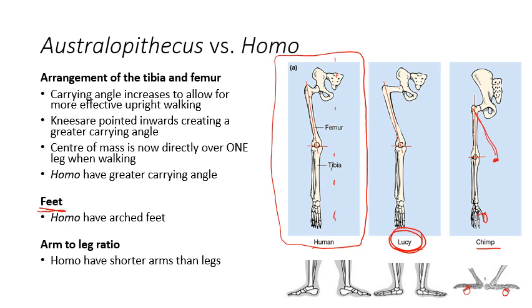But as we progress through hominins, moving from Australopithecus to Homo, we actually see that the genus Homo develops the arch in their foot, okay? Whereas Australopithecus have very flat feet. Again, they still can walk upright, it's just not as smooth or as agile, and they can't do it for as long distances as we could. The last feature on the screen here